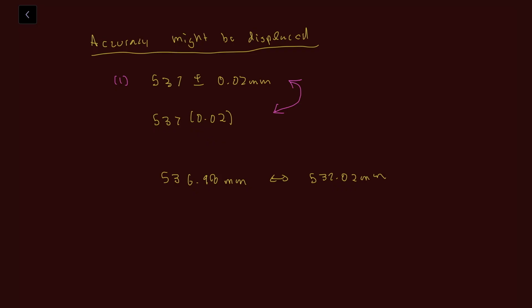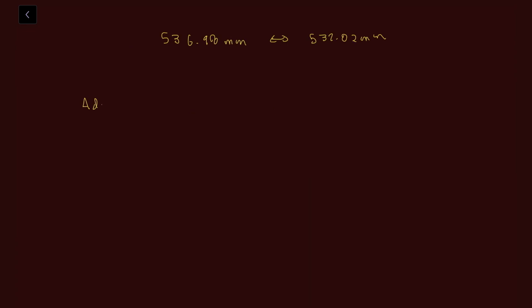So all we did was, to this side, we subtracted 0.02 from our base number here. From this side, we just added 0.02. That is why you see the plus or minus there. With that in mind, we can now move forward into the rules for adding and subtracting using significant figures, and